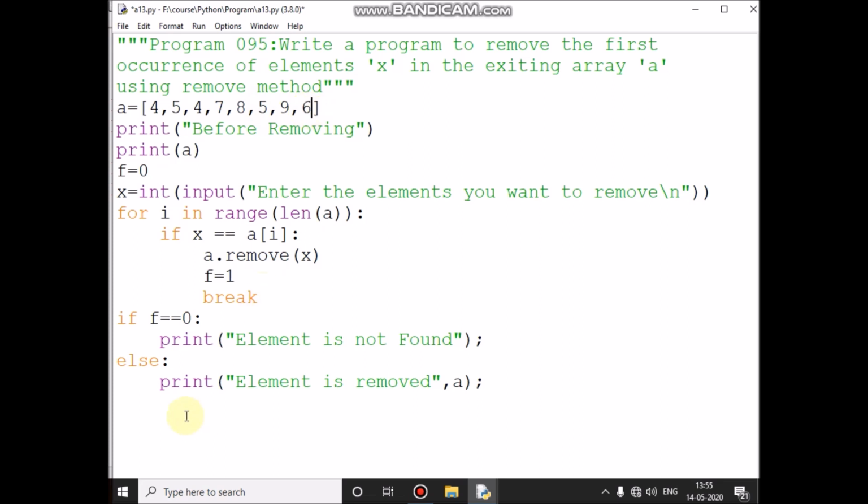So another possibility is, suppose x value I am going to read 55. 55 is not in the array. The value is not available in this array. So